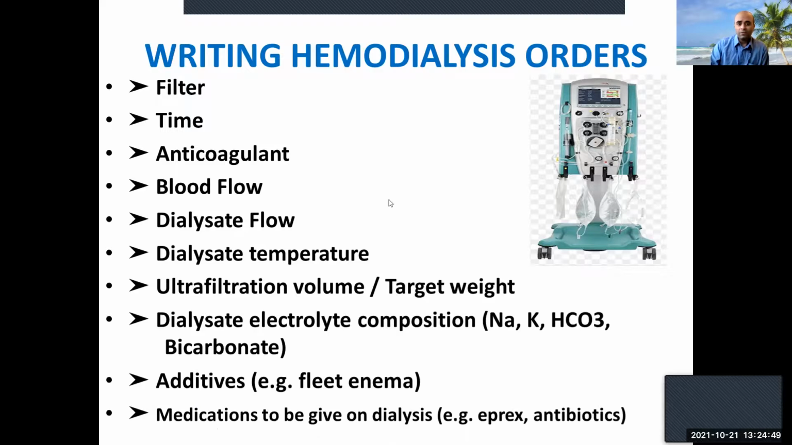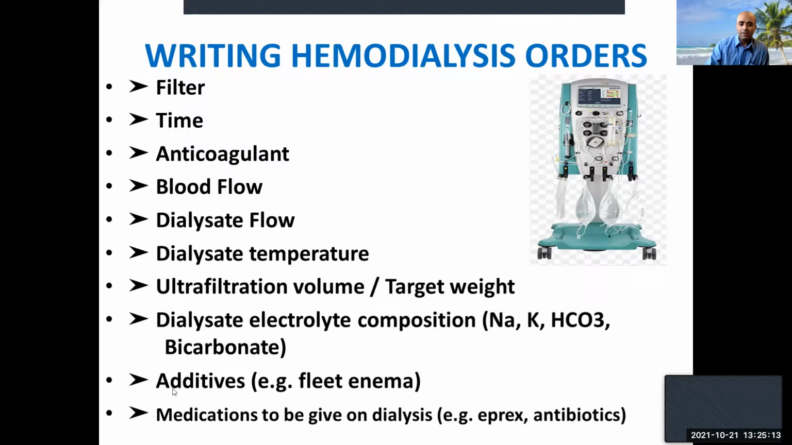When writing a hemodialysis order, don't forget the filter. We have different types of filters according to your center and the time: 4 hours, 3 hours, 6 hours, as your facility allows. Then the anticoagulant, what type of anticoagulant we use, and the blood flow, dialysate flow, dialysate temperature, ultrafiltration, your target weight, and the dialysate electrolytes: sodium, potassium, bicarb. You should mention all this, and